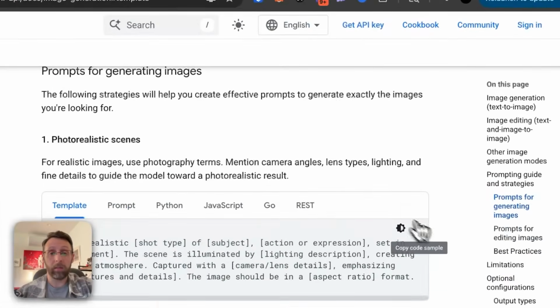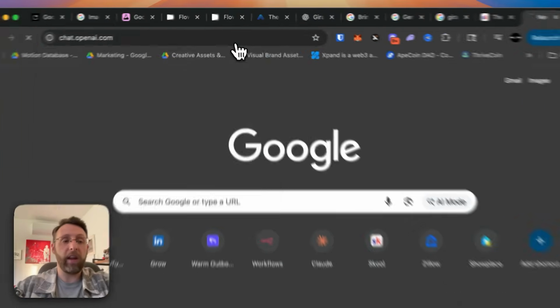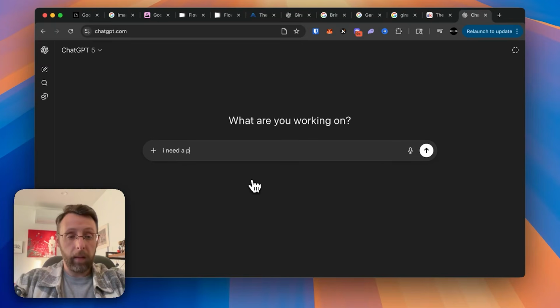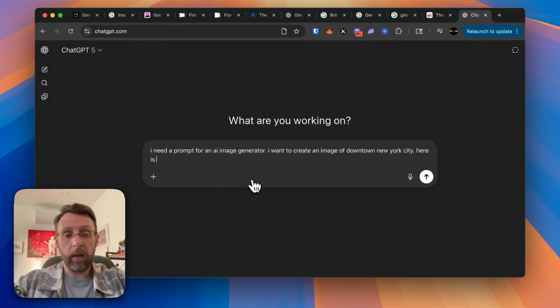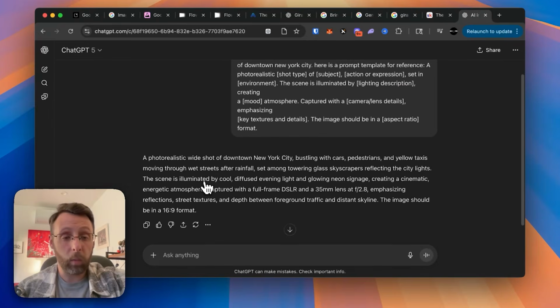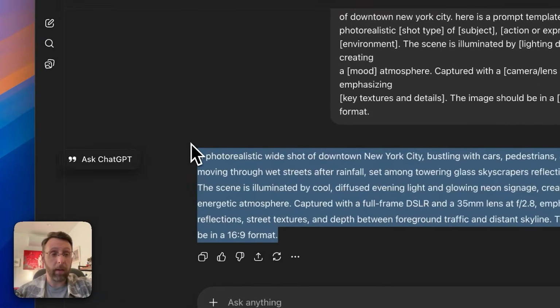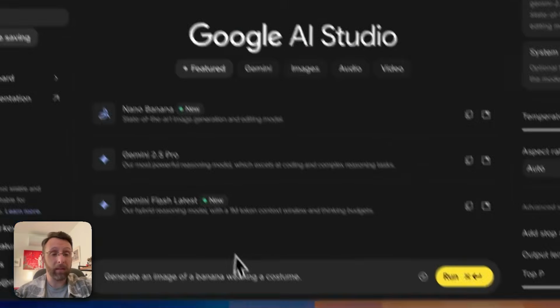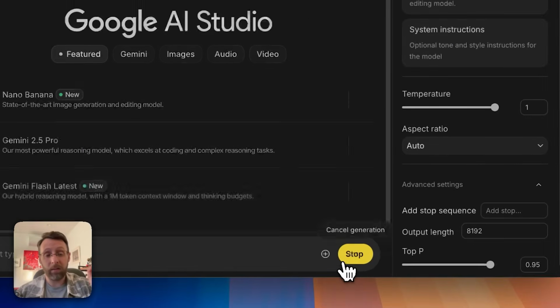So I'm just going to copy this, and I'm going to open a new ChatGPT window. I'm going to say I need a prompt for an AI image generator. I want to create an image of downtown New York City. Here is a prompt template for reference. A photorealistic wide shot of downtown New York City, bustling cars, etc., etc. Okay, 16:9 format. This is great. So I'm just going to copy and paste this into Nano Banana,